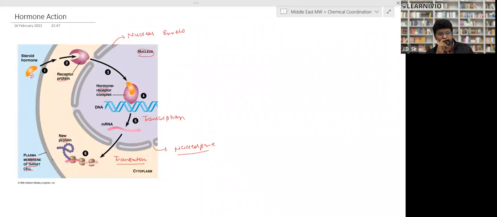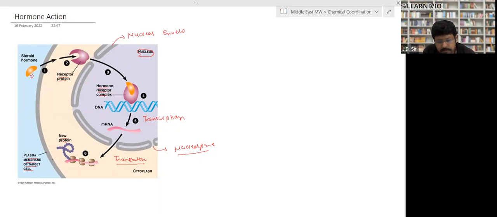The complex reaches the DNA and causes transcription, that is, formation of mRNA. The mRNA comes out of the nucleus